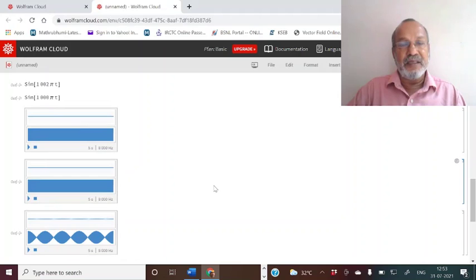The next sound is the 500 Hertz sound, which will be similar to 501 Hertz. You can see it here. The last one is the combined sound of the two sounds, and it is played for 5 seconds. So there is 1 beat per second, so in 5 seconds you will hear 5 beats. You can count also. This is 1, 2, 3, 4, 5. And if I play that, that is the beat sound.